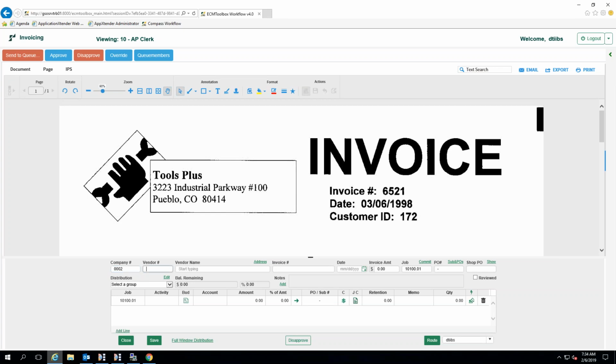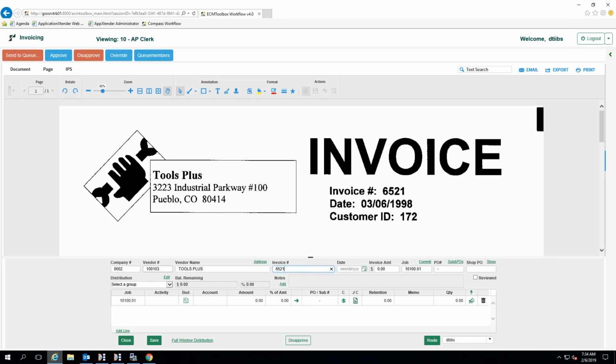From the vendor side, we can key in the vendor number. And what you'll notice is once I tab off of this, it's actually going to perform a lookup. So what we're able to do is actually look at the vendor master within your ERP system or your accounting system and validate that we're pulling back the appropriate information. We're also able to look at only the vendors for this company if that's one of your requirements. Most ERP systems do not allow duplicates. So one of the things we built into the system is if you key in the invoice number and this invoice number and vendor number combination is a duplicate within the system, it'll notify the operator